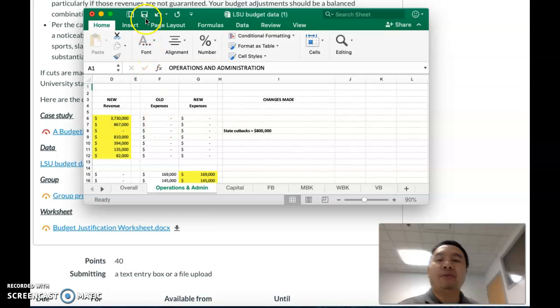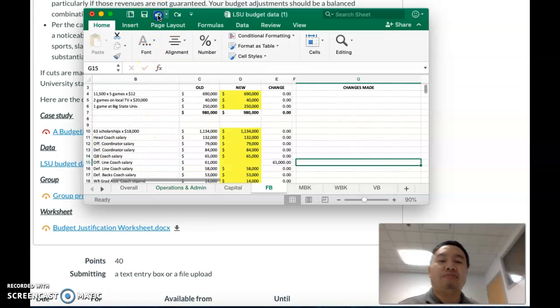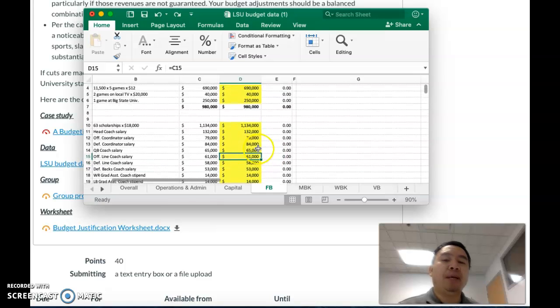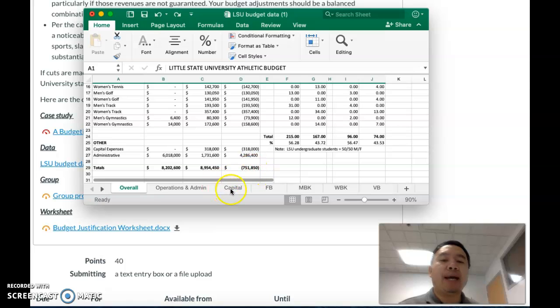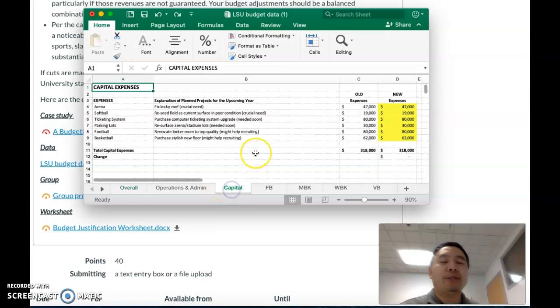You say, I don't think it's a great idea. I can't fire the coaches. I would just add him back. The money would go back to what it was in the past. Right, it's a very interesting document. You can play around, come up with some great ideas, and complete this assignment.